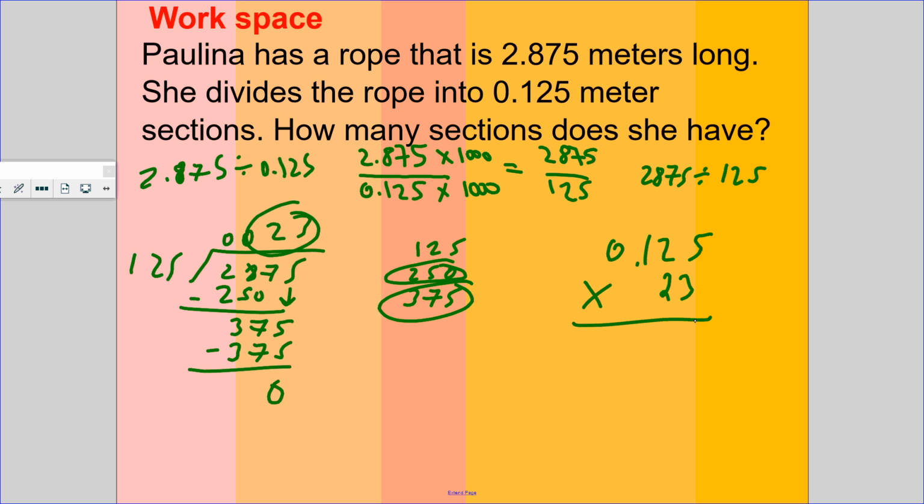To check your work, if each section is 0 and 125 thousandths, and you have 23 sections, let's multiply this. 3 times 5 is 15, carry the 1. 3 times 2 is 6, plus 1 is 7. 3 times 1 is 3. Cross out the 3, put an X. 2 times 5 is 10, carry the 1. 2 times 2 is 4, plus 1 is 5. 2 times 1 is 2. If I add this up,